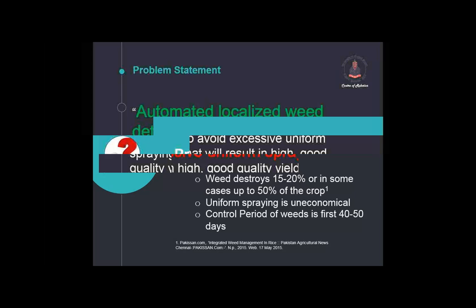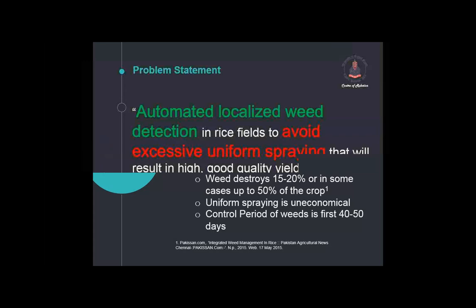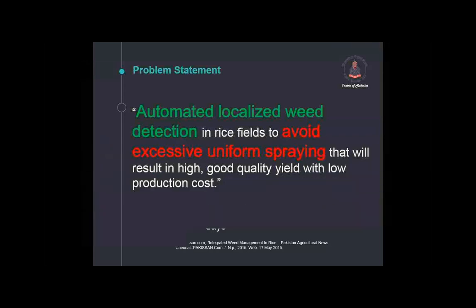So when we have a map of the infestation, these bigger drones can go and spray in the specific area a specific amount of herbicide, which is the exact amount that is needed. This will reduce the cost, and it will reduce the harmful effects on the crop that is consumed by humans. So this is the concept that we want to apply.